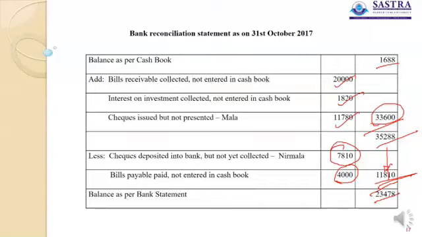In the second case, passbook plus and cash book minus, because the passbook has already received the income from the securities, whereas that income has not yet been brought to your notice and not yet been entered into your cash book as a receipt, so minus. This is an easier method. Put the symbols plus and minus in the books required, and whenever you prepare and present the bank reconciliation, go to the page of the bank reconciliation statement in which you are going to prepare, either left or right side of the page.